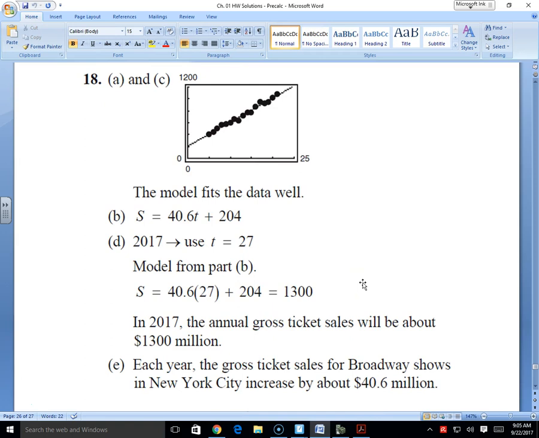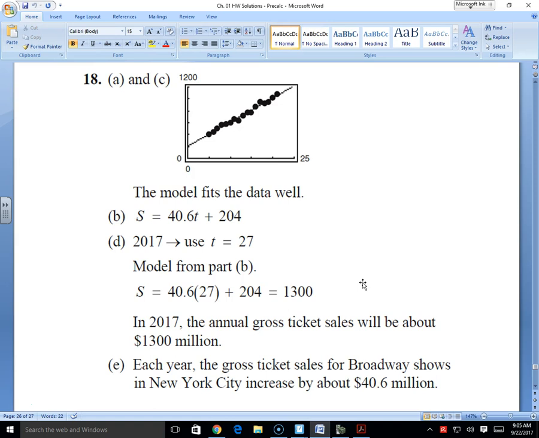Hopefully, what we did in reviewing different buttons like the stat button, the linear regression button, hopefully that helped. You should have had your scatter plot. When you graphed this equation in your y1, remember the y equals ax plus b, when you graphed it, it should have gone pretty well through the data. Which means we could have said that